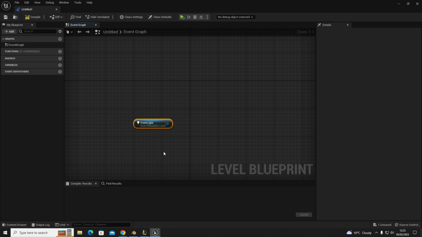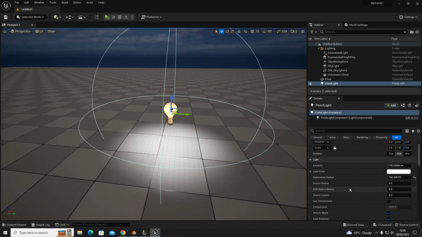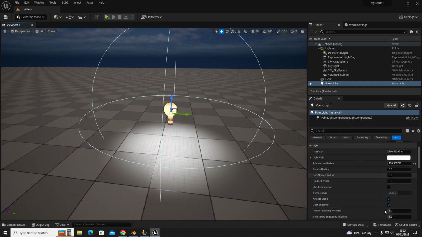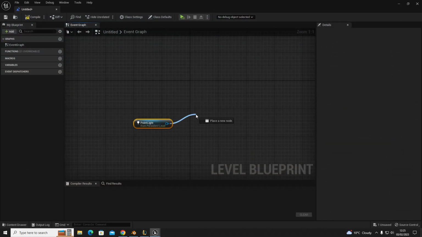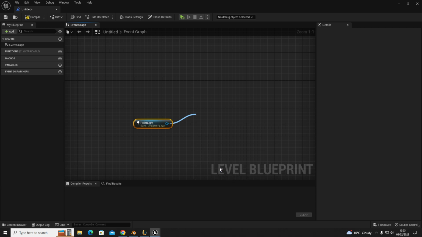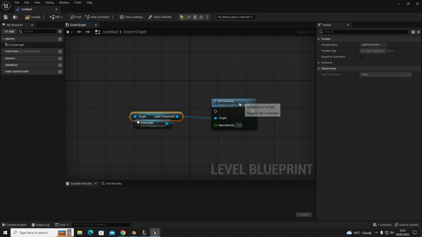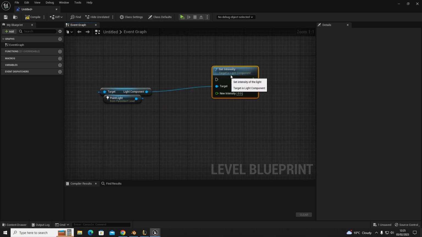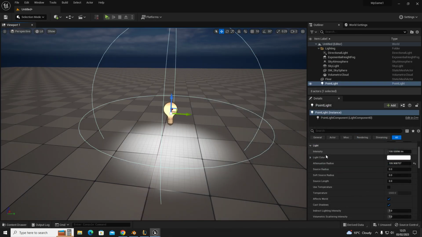Now we've added that point light in, so everything off this is everything that's basically in this panel, so you can affect all of these attributes within the level blueprint. So we can change intensity, go set intensity, so you see it there. And this is, in simple terms, just the details panel. The current intensity is 100, so if you set that down to, let's say, 10,